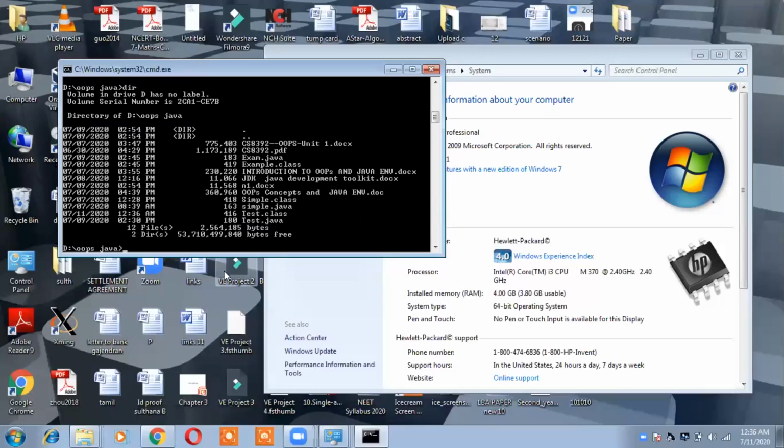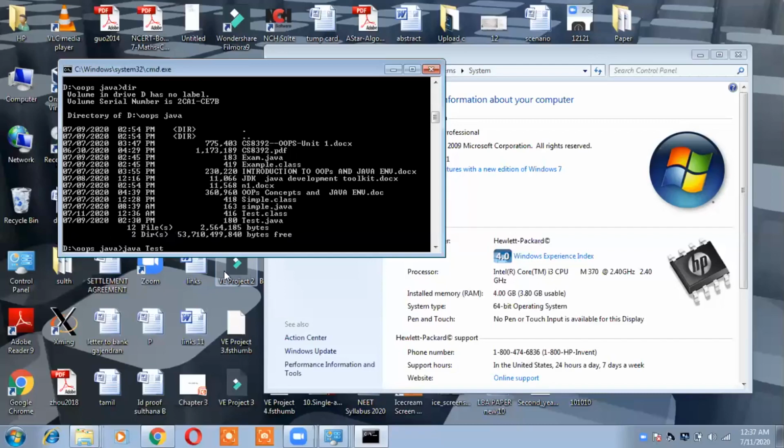If I want to run my Java program, I can make use of a tool called java. Basically, java here is an interpreter which is going to execute my bytecode. The bytecode is in the file test. It is enough if you specify name of the file which contains bytecode. No need to specify the dot class extension here. Okay. So if I execute my Java program, in background what will happen is bytecode is given to JVM.